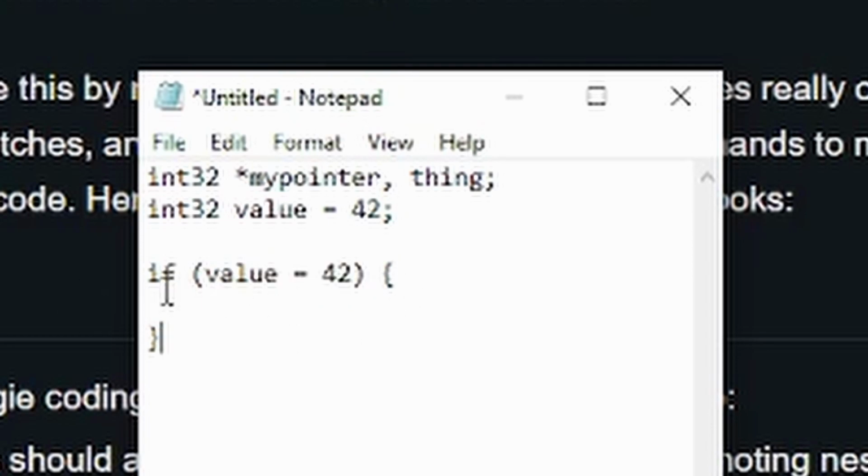So they think, okay, I just want to check if it's 42. This should be doing it. And then their code's buggy and it's not doing what they expect, and they're like, what the heck is wrong with this? This will 100% of the time evaluate to true, because it's setting value to 42, and it will stay 42. For example, if this was 20 and we wanted it to skip over, it's not going to skip over this. Instead, it's going to assign 42 to value, and that's going to be true because 42 is true. The only false value is 0. This would evaluate to true 100% of the time, and also assign value to 42. So that's just a really common and very easy to make mistake.